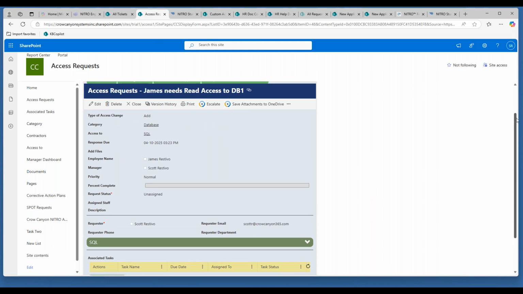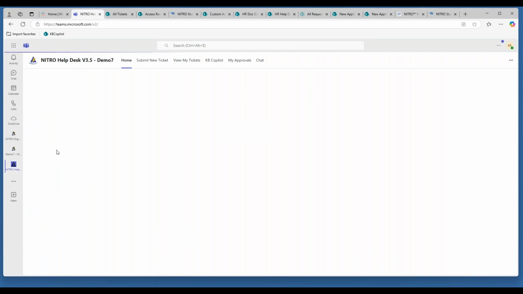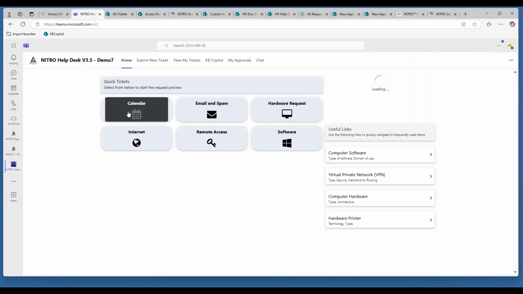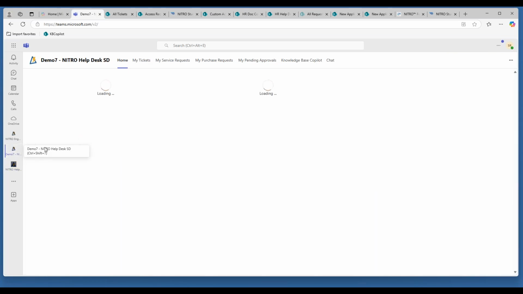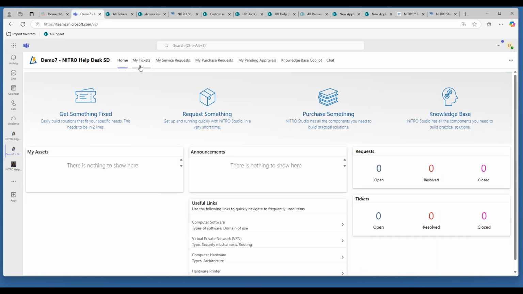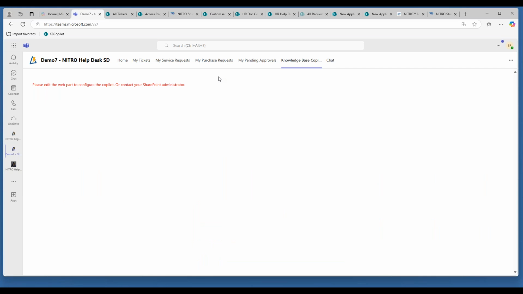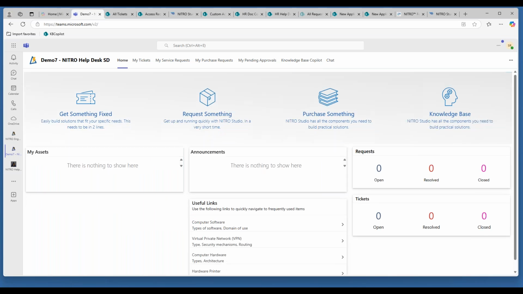We can integrate Teams into it. If people want to use Teams, we have a Teams app that works with NITRO Studio. It could look like this, or it could look like something like this. So they're inside of Teams, and they're now creating requests and doing functions such as seeing what tickets they're assigned or what tickets they created. They can do the knowledge base copilot inside of Teams. So it has, oh, that's not what I want to see. There's all kinds of capabilities with this NITRO Studio to give you what you need to do intelligent business process